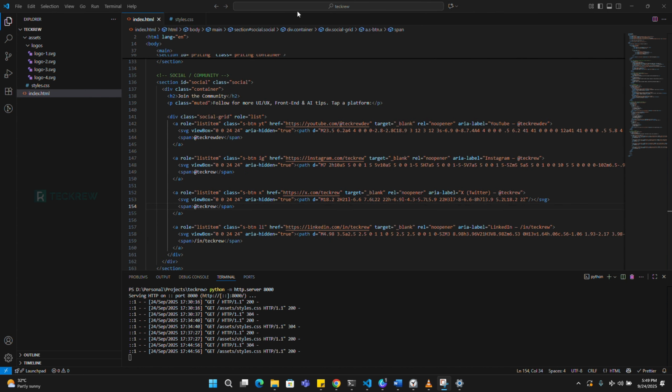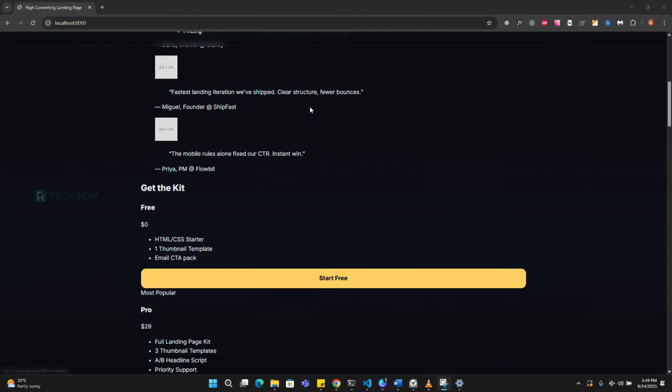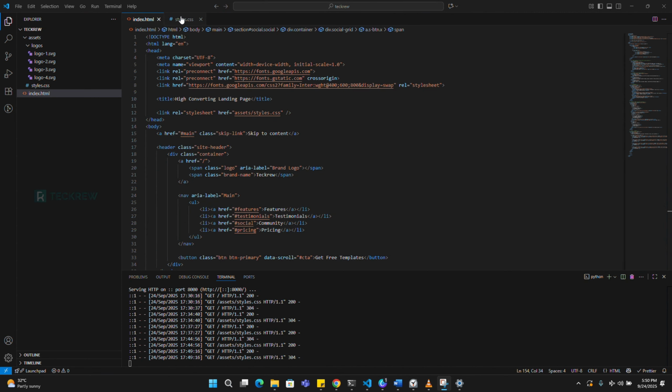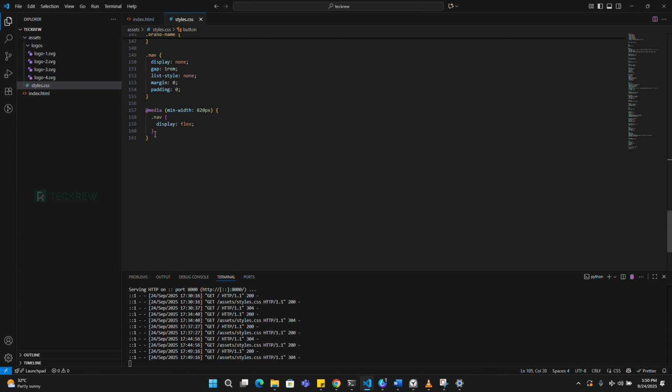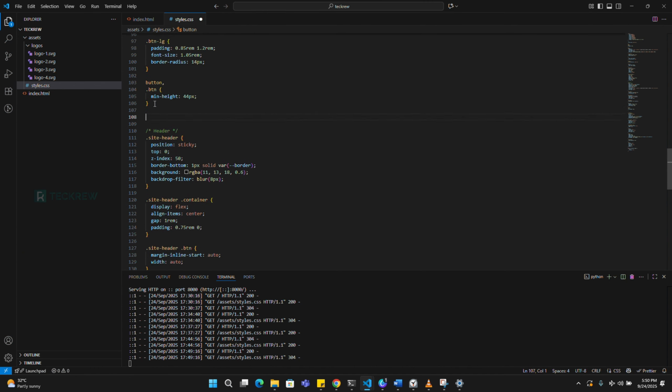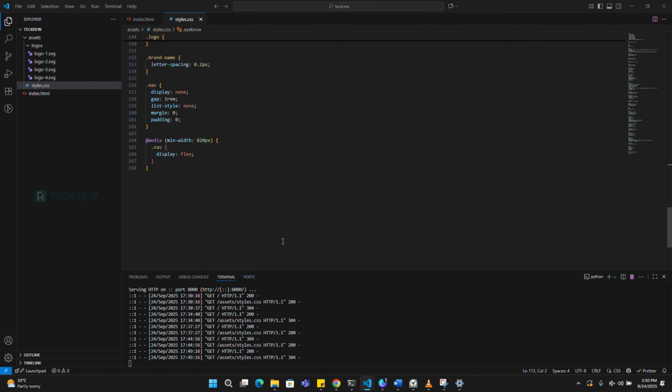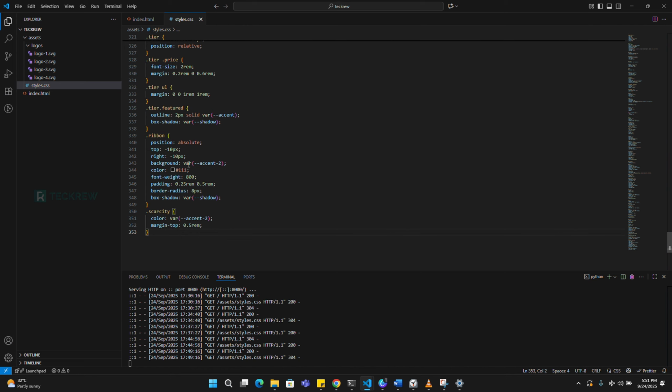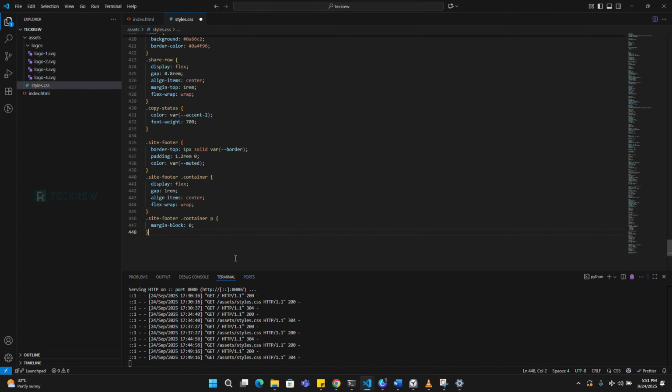Now let's have a look at the browser, how it goes. We have added all the HTML part of it, so it looks like this here. Now let's add the rest of the CSS part of it, which I forgot to add. Style for hero. Social community section. And finally we'll add the